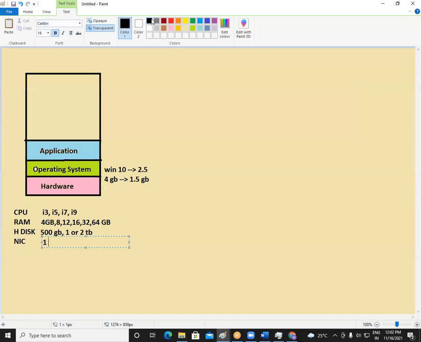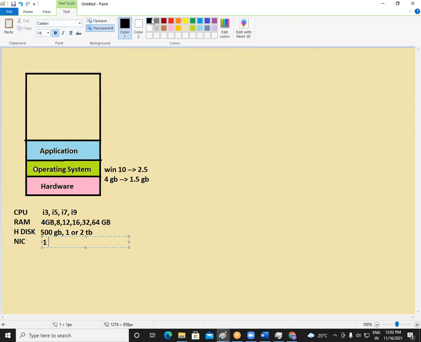But where will it be connected? It will be connected on your network interface card. That is your NIC card. I repeat, every computer has minimum one NIC card. NIC card is a port, or a component, using which you can connect a device to the network, whether it is internet or intranet. Whatever network you have, you will use NIC card to connect that device.